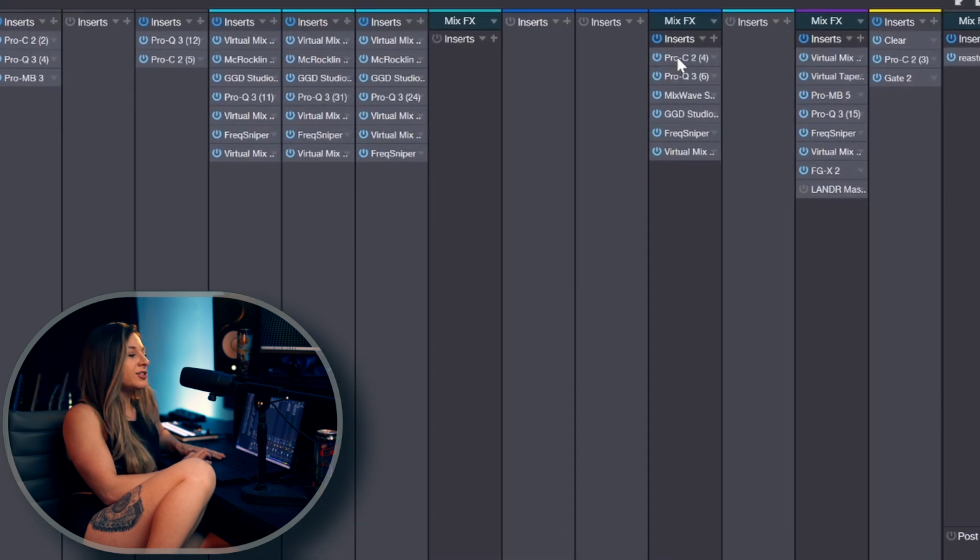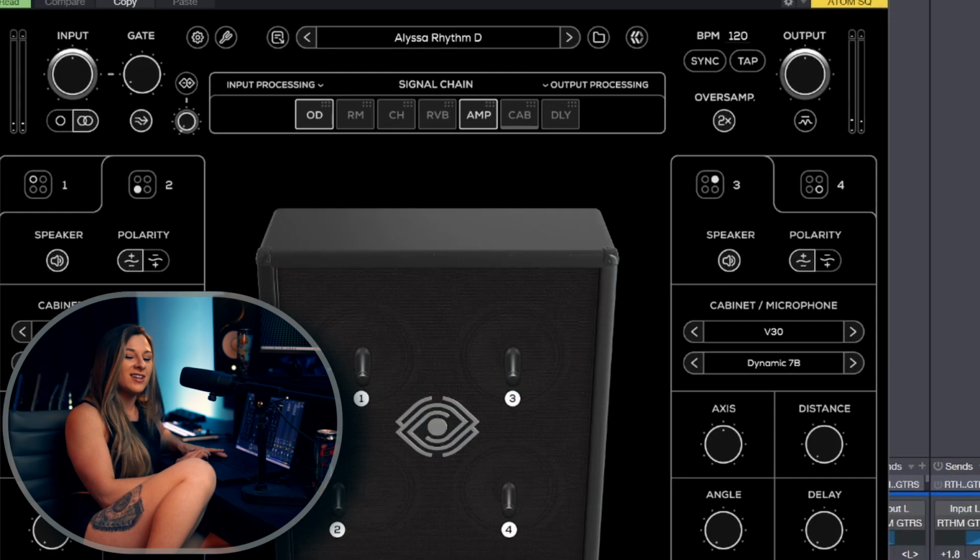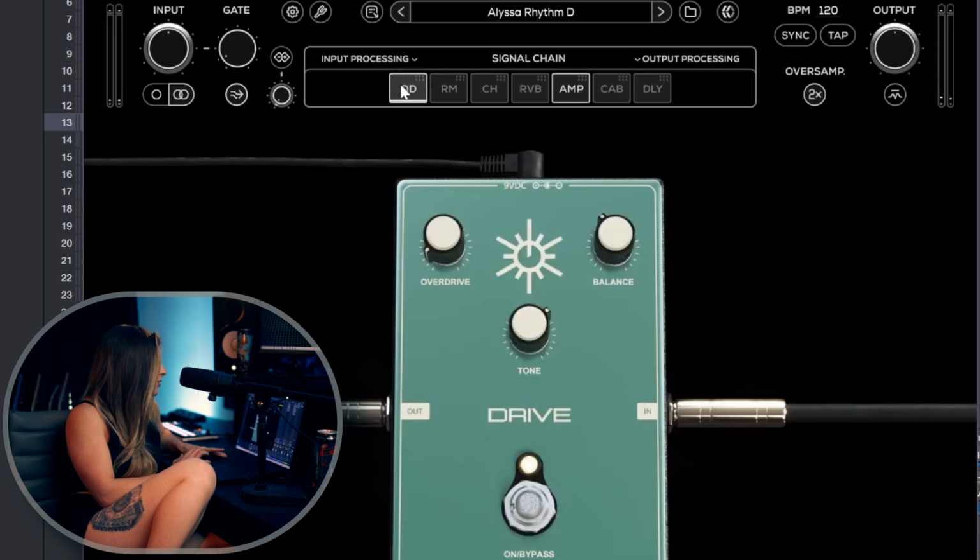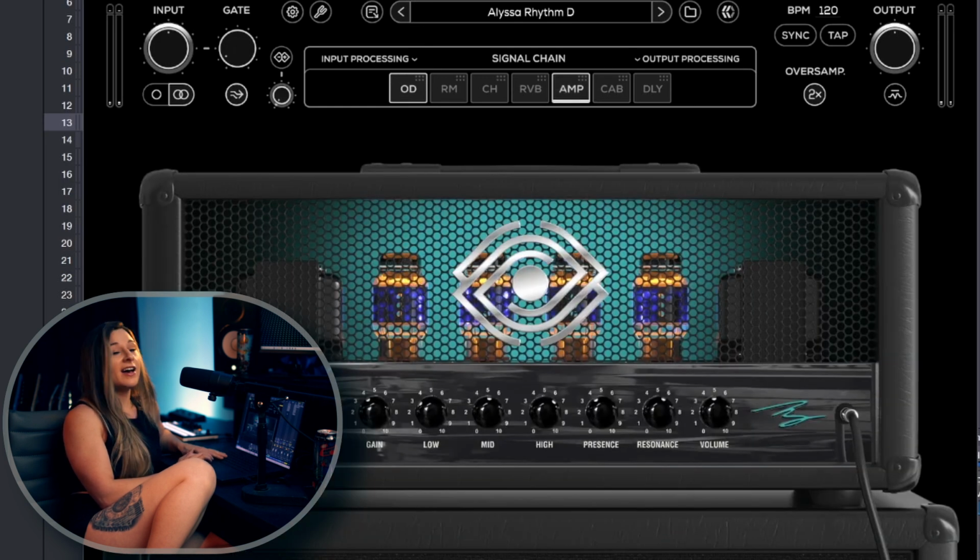I have some compression, some pre-EQing there that I'm just doing to the DI. And then I'm using the Mixwave Spirit Box Mic Stringer plugin, which I made a video about in the past, for the amp portion, and I believe I'm utilizing the overdrive. So drive into the amp, and that is going into the GGD Contenders Round 1